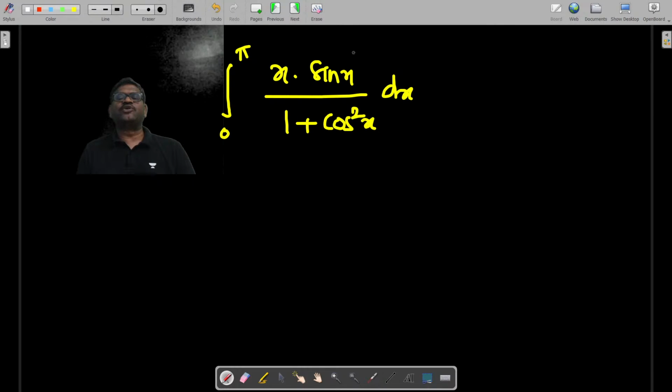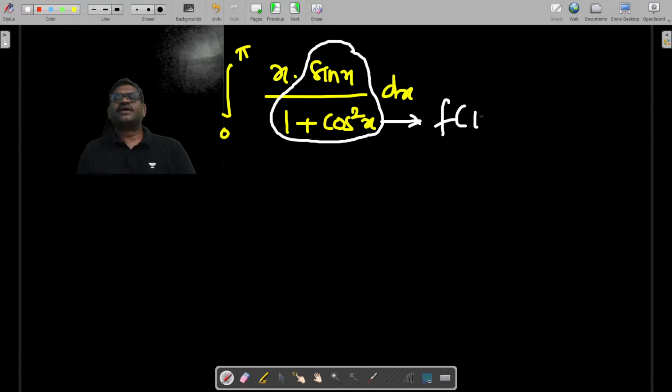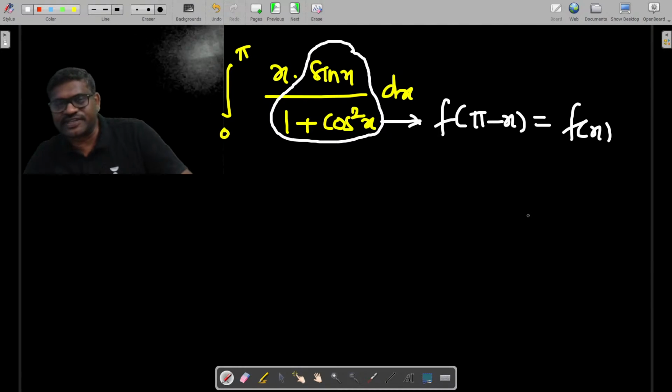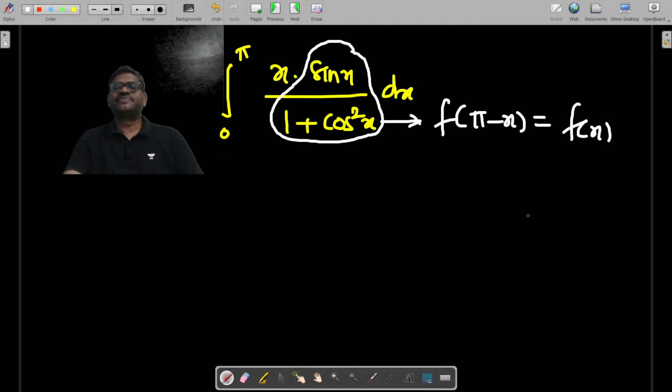Here it is x into f of x form. This is f of x. f of pi minus x is equal to f of x. Since f of pi minus x is f of x, therefore the value of the integral is